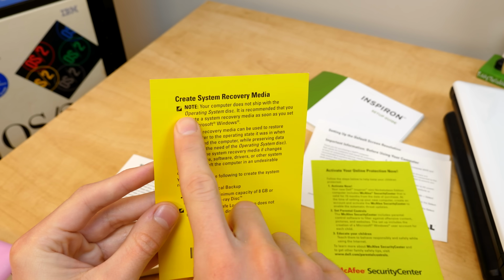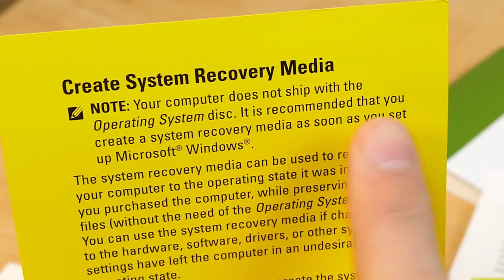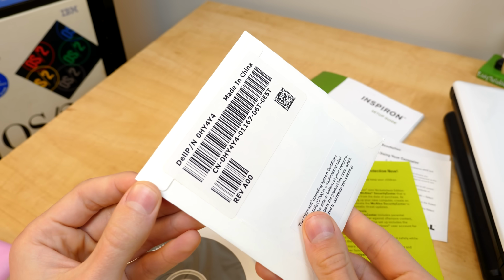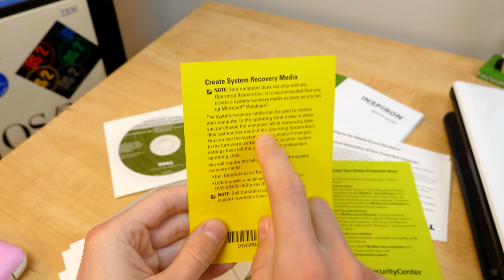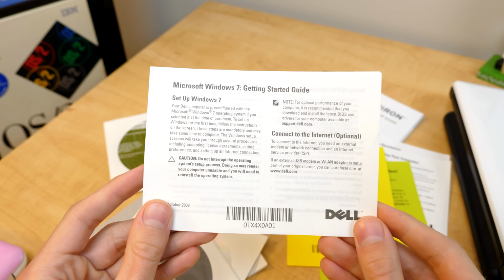You've got this thing to create system recovery media because it says it does not ship with the operating system disk. But right here we have the operating system disk for Windows XP Home Edition Service Pack 3, which has actually never been used before. So either this is from another computer or this is from another computer. And I think this is from another computer because if we go right here, you see we have a Microsoft